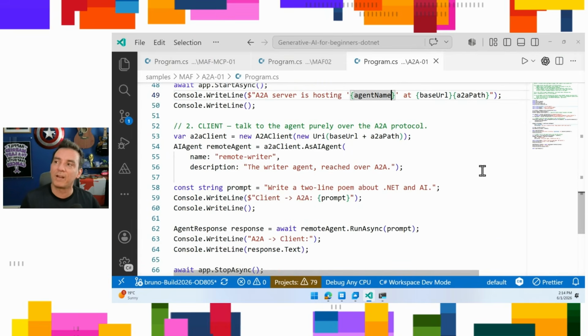So we have the A2A, agent-to-agent server with the agent that is going to be consumed by the A2A client. By the way, A2A was initially created and opened by Google. And as far as I remember right now, it's part of the Linux Foundation. So everybody's doing this. And I think it's a very, very nice way to run and connect agents from different